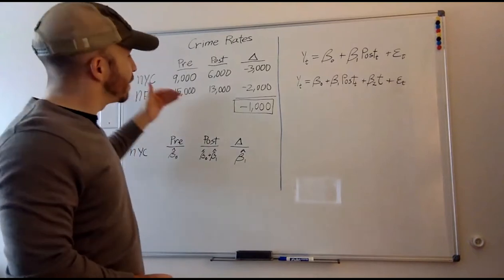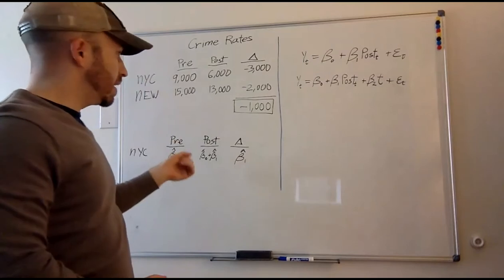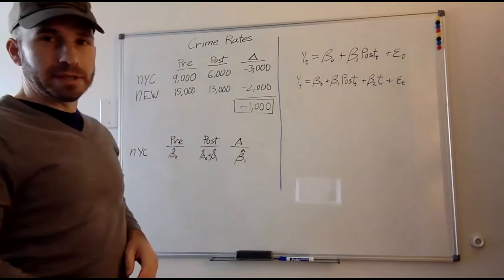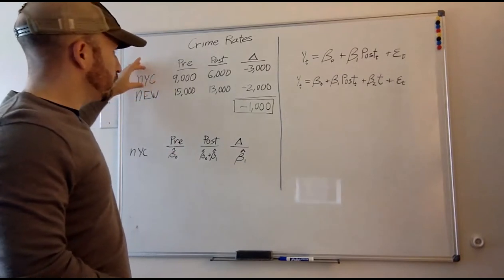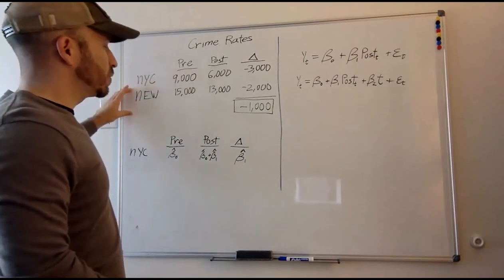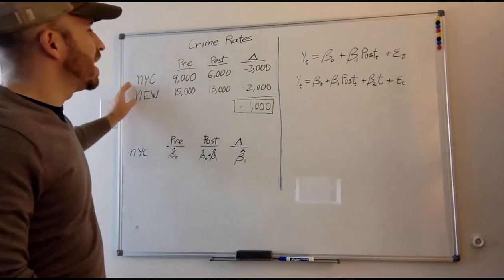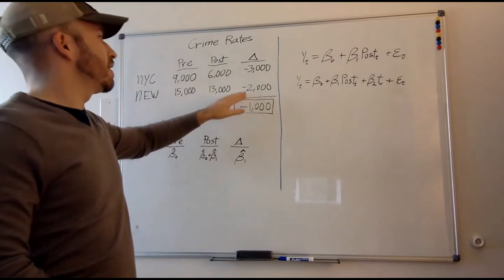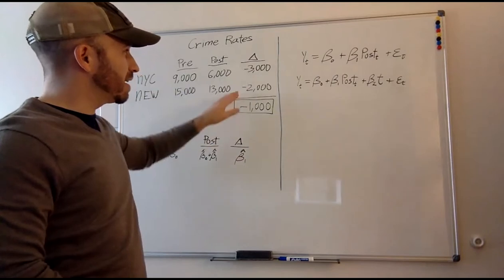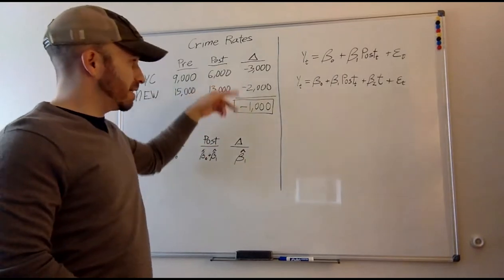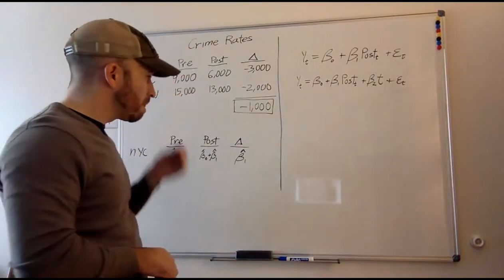In fact, there may be an explicit endogeneity problem between Newark and New York City, right? That maybe this policing policy in New York City actually just displaced some crime into Newark, and therefore Newark didn't see the same amount of decreasing crime rate as New York City did, and the true estimate is completely unclear. Now,